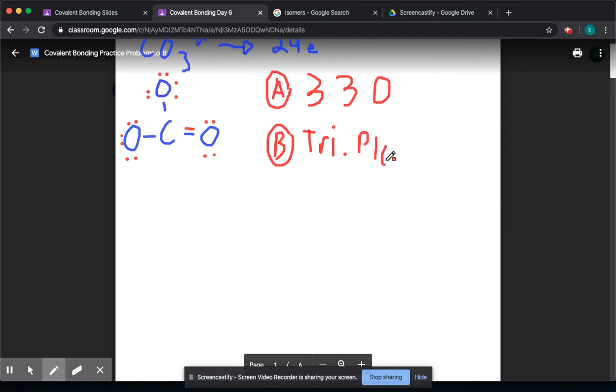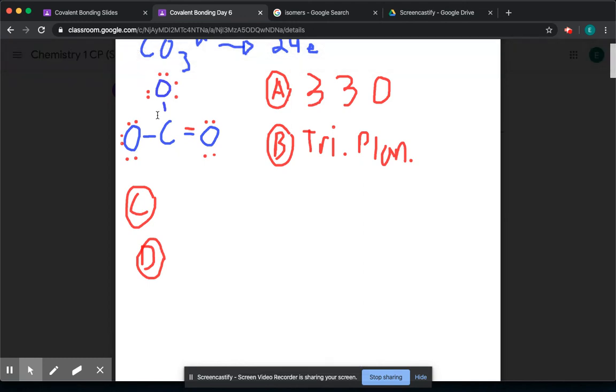Okay, triplanar. That's what that one would be. C and D ask us to look at the oxygen. C is what is the EDG around a single bonded oxygen. So if we look at one of the single bonded oxygens, we have 2 of them, what would be the